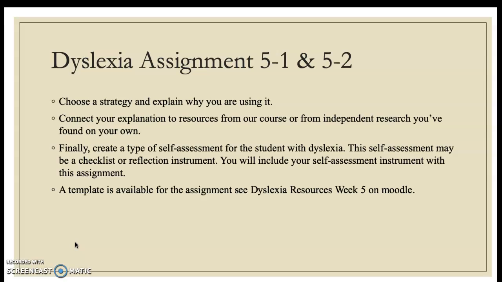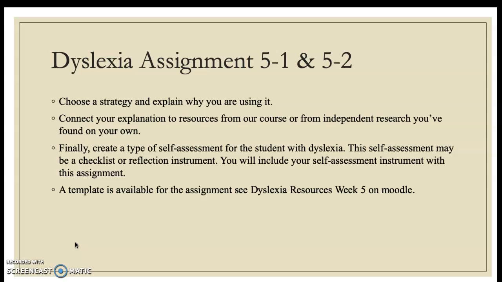Finally, create a type of self-assessment for the student with dyslexia. This self-assessment may be a checklist or a reflection instrument, and you are to include this with the assignment. There is a template that is available for this assignment in the Dyslexia Resources folder on week 5 on Moodle.